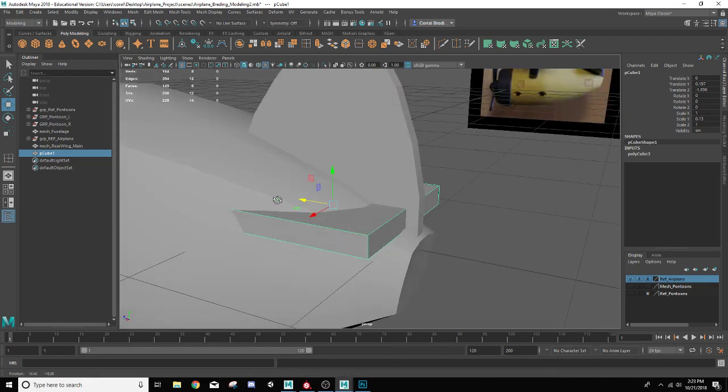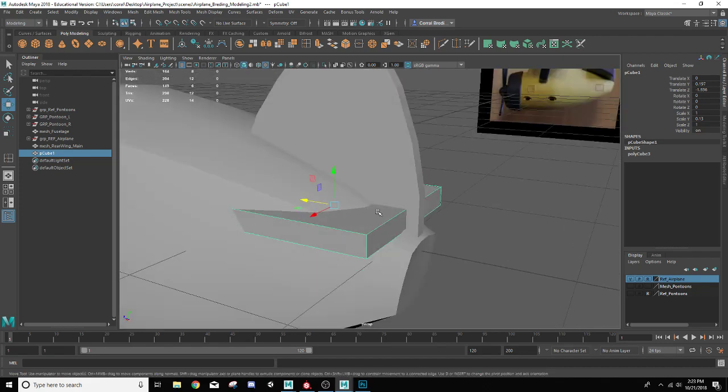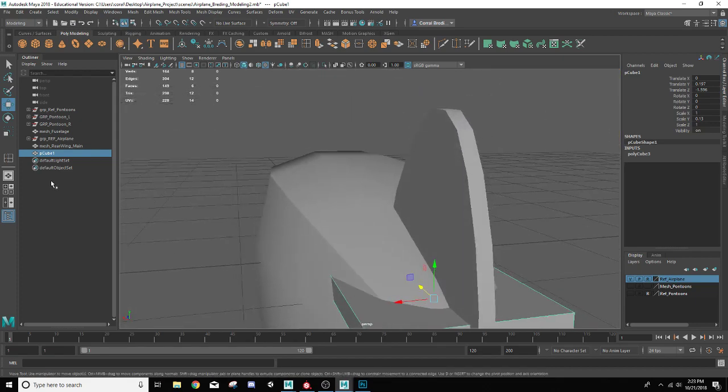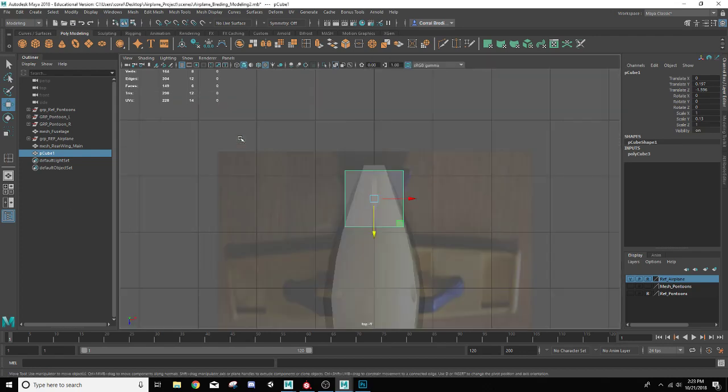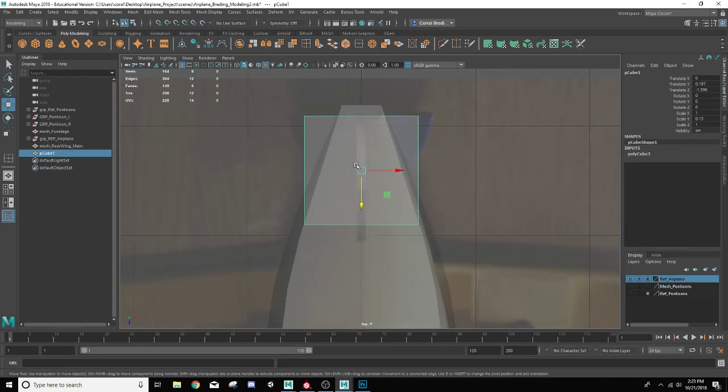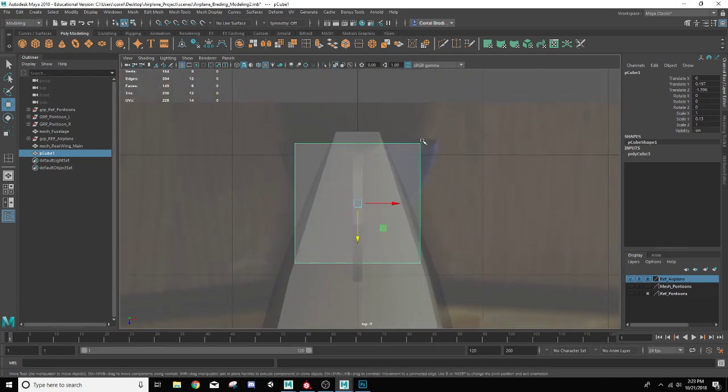And since this is at an angle, what we're going to probably do is just go from the top view and we'll shape it. And then we'll have to rotate it back so it matches with the slope of this fuselage here. Okay. So I'm going to jump back into my 4-panel view and go to my top view here, or bottom view, I guess, if you want to be accurate with the picture here. This is the one that's in the best view, so I'm going to use that one as a guide for